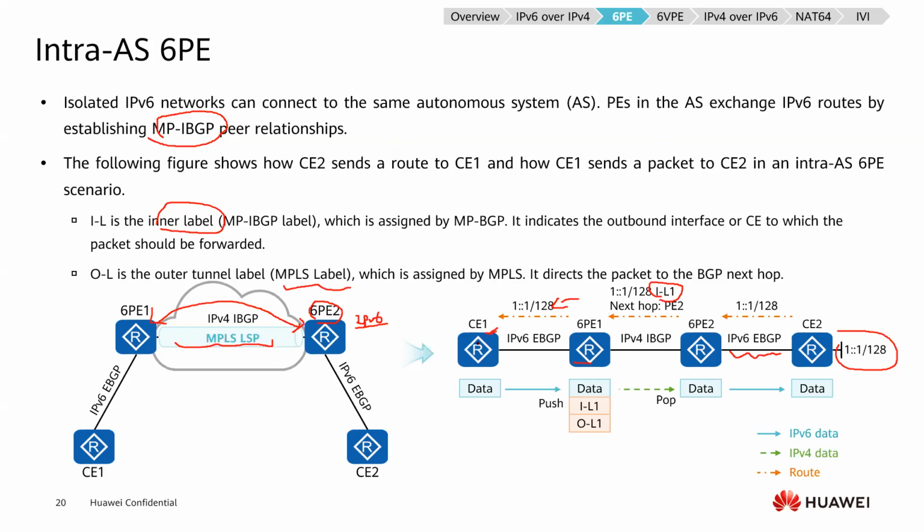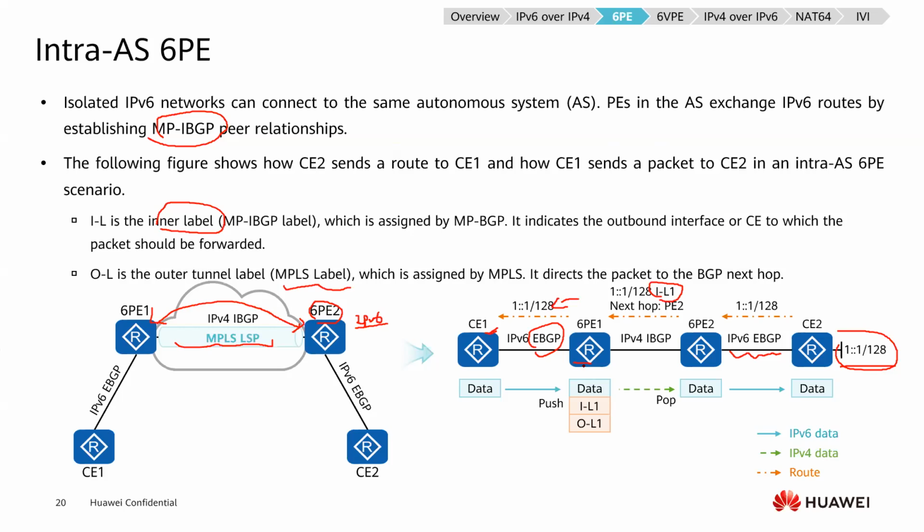So the CE1 receives the IPv6 route of the 1:1. And then when the CE1 wants to connect to this IPv6 prefix, it will do the data transmission. First, it will send an ordinary IPv6 packet to the 6PE1, and it's just IPv6 routing. For this example, we use eBGP to send to the 6PE1, and when the 6PE1 receives it, it will